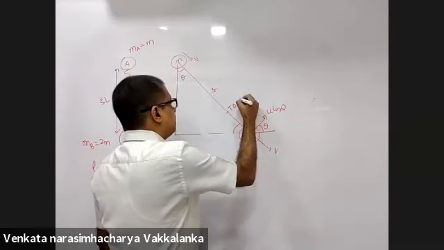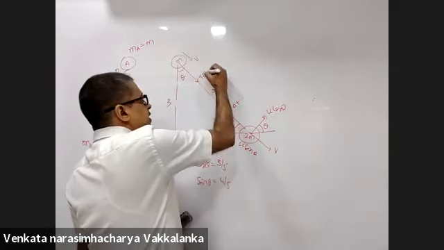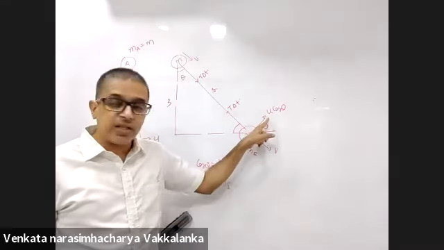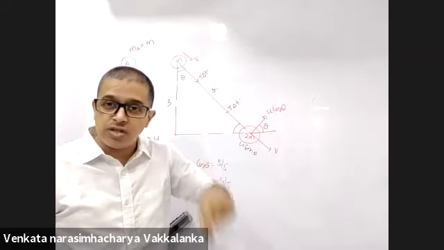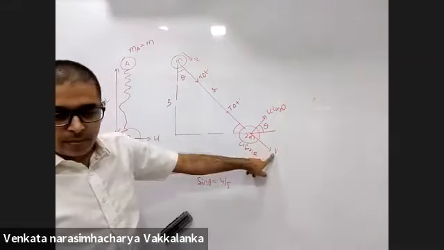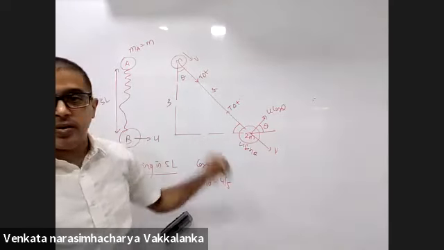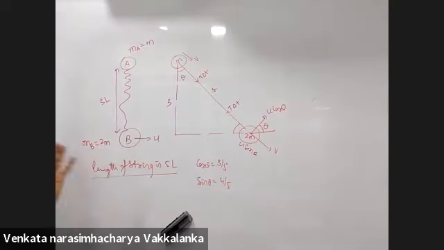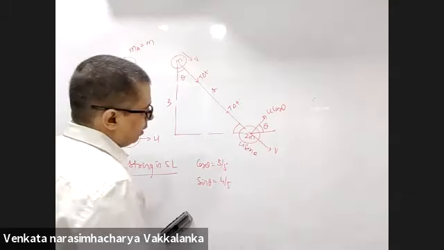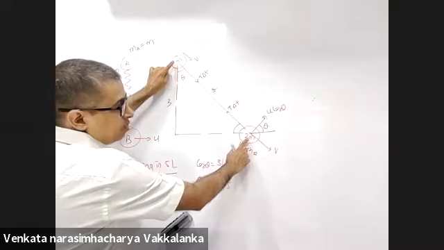U cos theta and u sin theta were the velocities just before the string became taut. Just after the string became taut, the velocity is v and v. So far, so good? Taking both as one system,